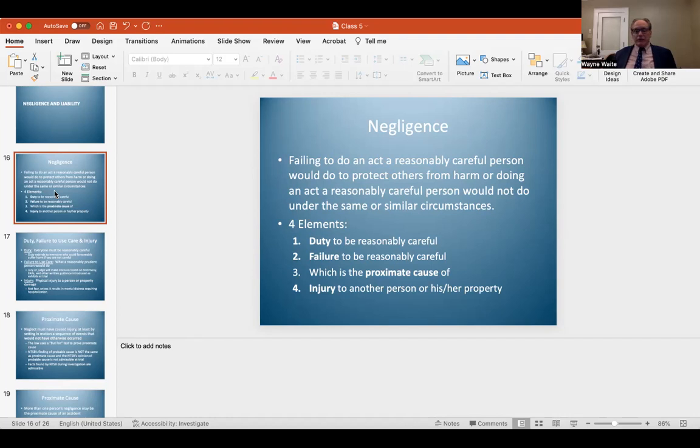Another case which I had, a real life case, there was a 10 times overdose of a drug called theophylline to a baby in NICU. Of course, the hospital had a duty to be reasonably careful. They failed to do that when they gave the baby 10 times the amount of theophylline. The baby was terribly, terribly injured, but upon further investigation, I was able to demonstrate that the baby had a congenital defect called Angelman syndrome, from which it experienced the birth defects that it had, and it had nothing to do with the overdose of the theophylline.